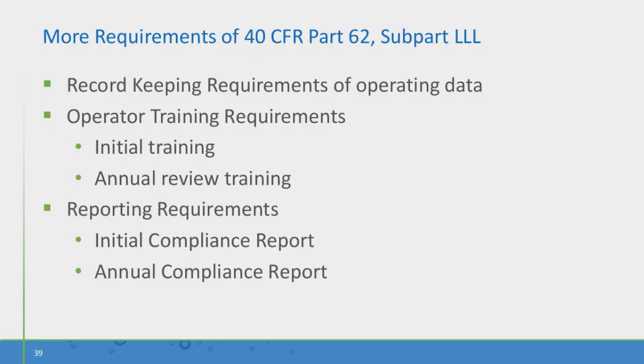So more requirements of the Subpart L. Record keeping requirements, your operating data. Whenever you were in operation, you had to monitor all of your parameters, temperatures, pressures, feed rates, and so forth. And you had to do operator training, an initial training of your incinerator operators. They had to pass a course that covered 9 topics regarding the operation of the incinerator. And all of your operators had to do annual review training. Your reporting requirements: there was an initial compliance report, and then every year when you passed your compliance test, you had to submit an annual compliance report. It was quite a significant amount more of